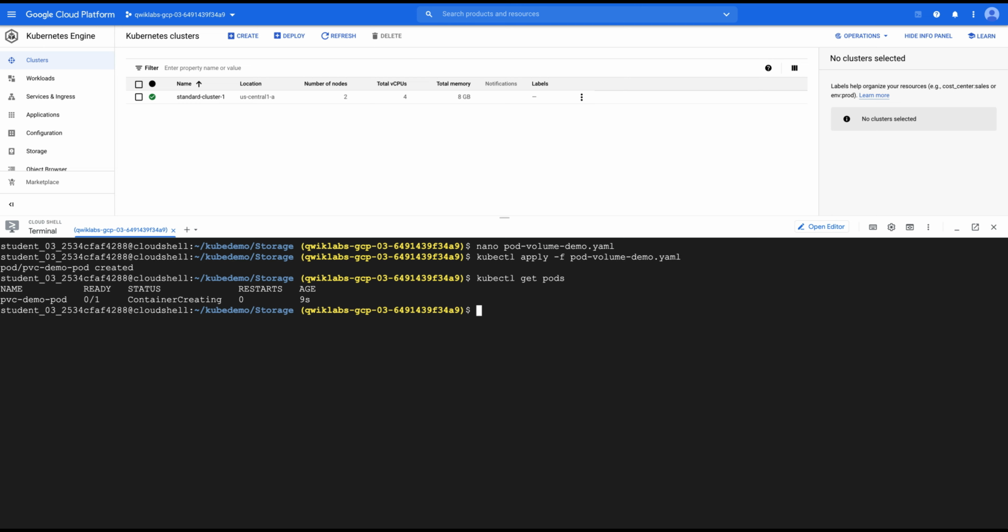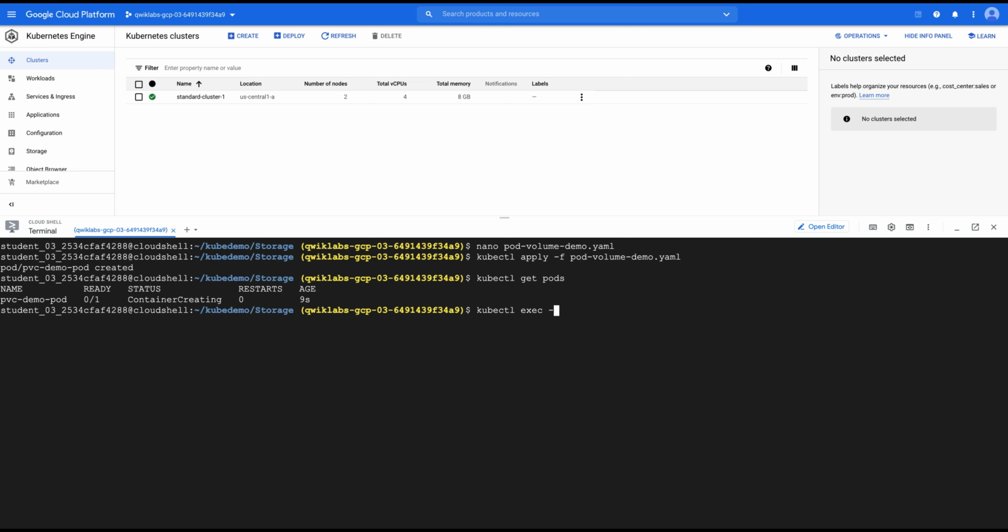Now to verify the PVC is accessible within the pod, we have to gain shell access to our pod, and to start a shell session, we can use the kubectl exec command, and that is this.